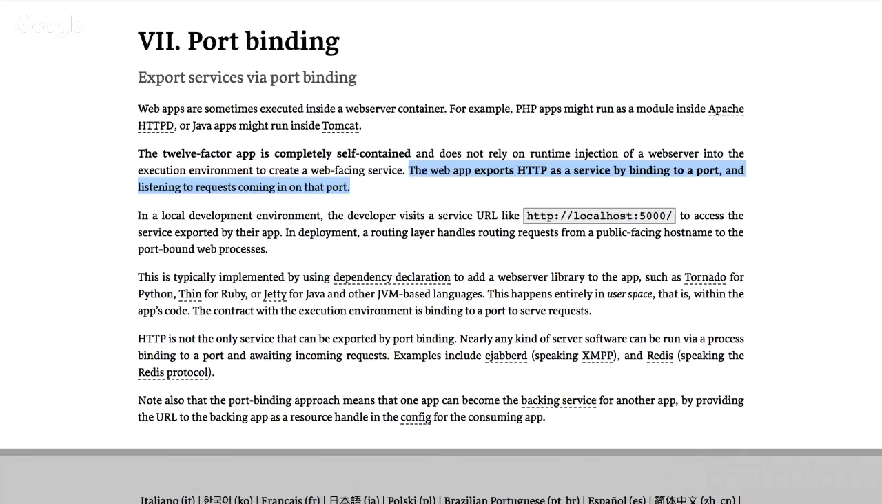In a local development environment, the developer visits a service URL like http://localhost to access the service exported by their app. In deployment, a routing layer handles